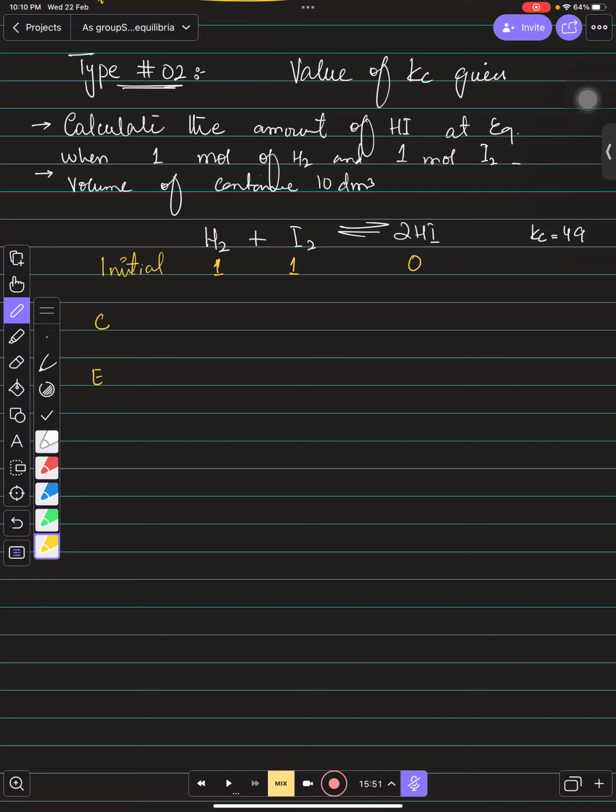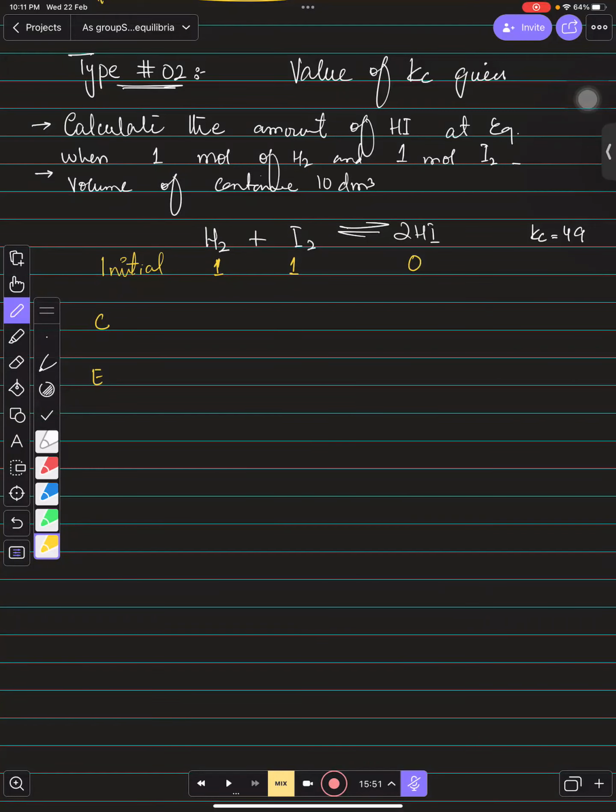The problem is we don't have the number of moles at equilibrium. हमारे पास equilibrium पर moles मौजूद नहीं है, और ये सबसे बड़ी प्रॉब्लम है। अभी हम कैसे सॉल्व करेंगे? हम किस तरह चेंज निकालेंगे? हम किसी भी एक का चेंज नहीं निकाल सकते हैं, और जब हम किसी भी एक का चेंज नहीं निकाल सकते हैं तो हम किसी और का चेंज भी नहीं निकाल सकते हैं। जी सर।